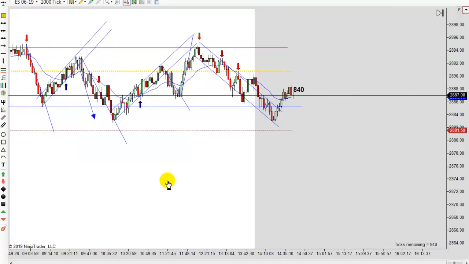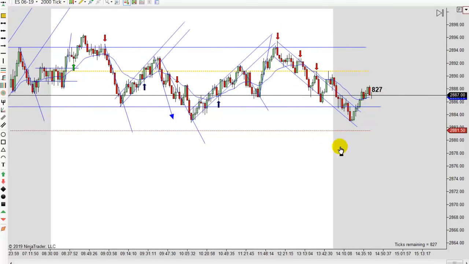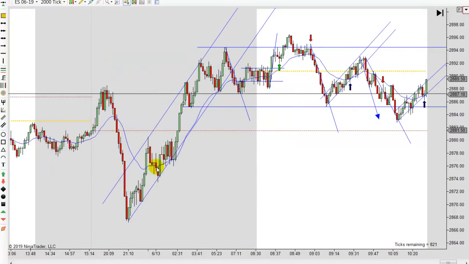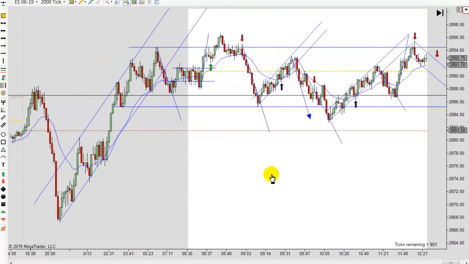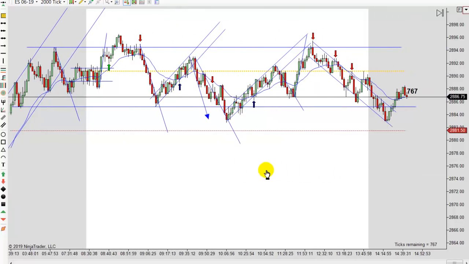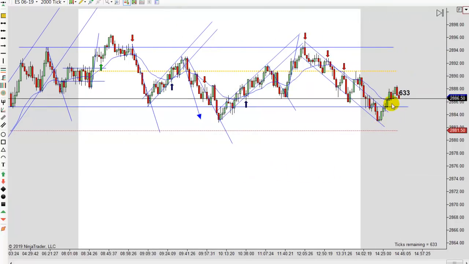We still have not filled the gap yet. We got real close. This is where we closed yesterday. This is where we opened today, the yellow line. So prices have tried to close that gap, and we still haven't quite got there. Wouldn't surprise me if we dropped on down there before the close at 3:15, which is about 30 minutes away.